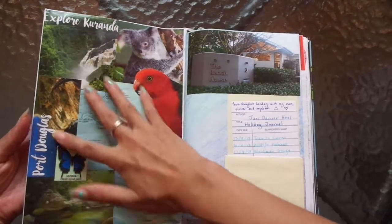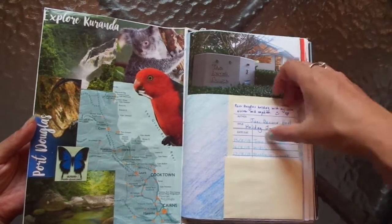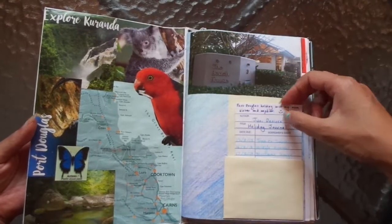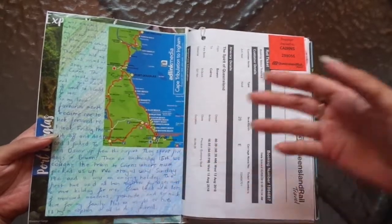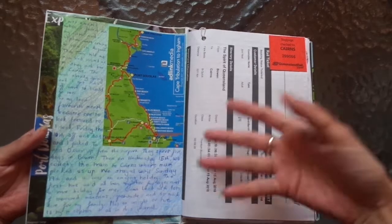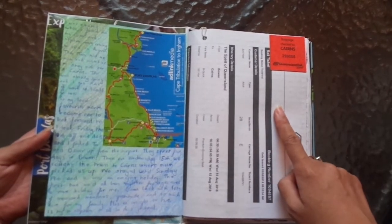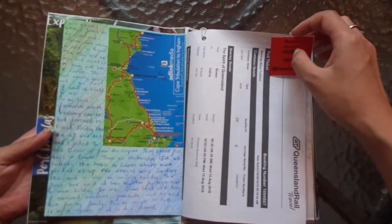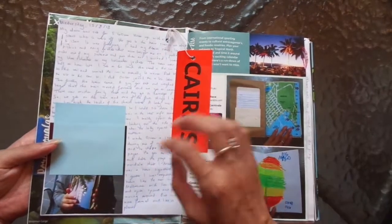So just decorated it with a collage of our trip. Included lots of photos from the trip in here. Library card just detailing the trip, all the dates and everything, and where we were and what we saw, what we did. And then just my journaling about the trip, and picked up flyers and brochures from different places, postcards, and kept my train ticket because it was a very long train trip, like 9 hours or something to get there and back. So this is my luggage tag,